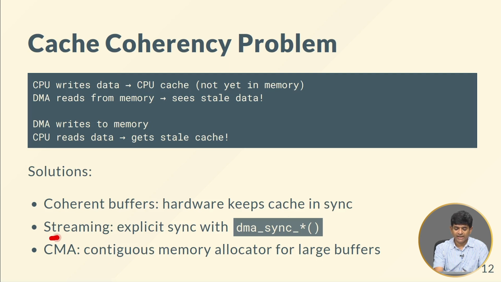Now, in the case of streaming data, very often what we do is we just go for another approach entirely and we explicitly synchronize using certain function calls, right? One other thing which needs to actually happen in the context of DMA, which is not directly related to the caches but is still relevant and useful, is that ideally the DMA, remember, it does not have this notion